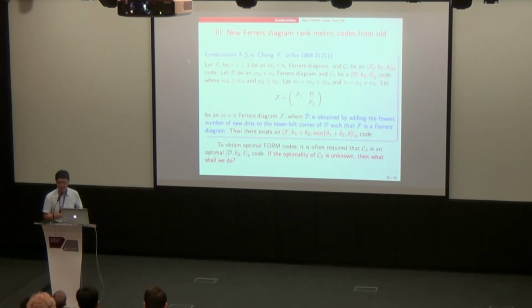This construction generalizes a construction from 2006. In their paper, they require D to be a full Ferrers diagram. Here we relax their condition. This construction has this disadvantage. If we want to obtain an optimal code, we require the F1 part is optimal, the F2 part is optimal, and the D hat part is optimal. But if the optimality of the D hat part is unknown, then what shall we do? So we give